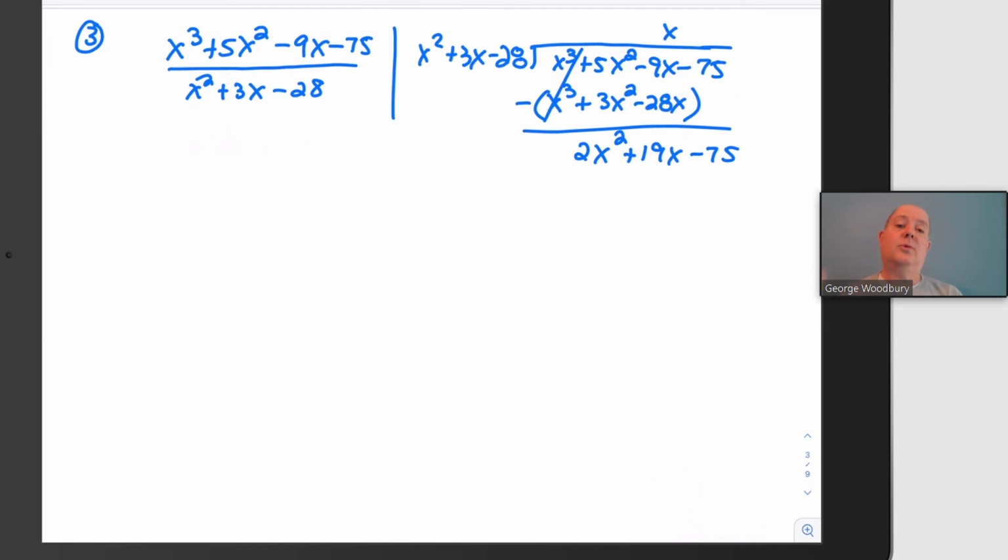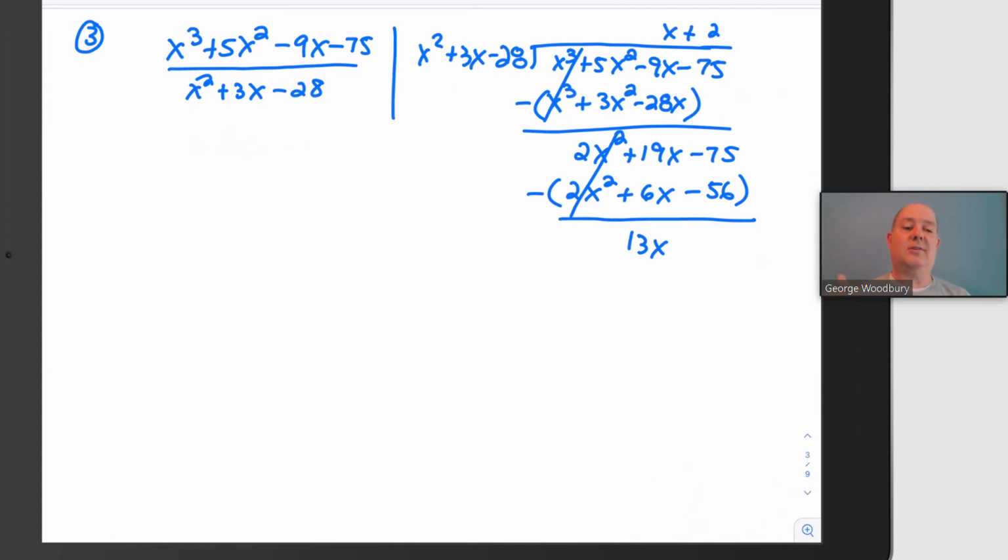Now we'll do it again. What do we multiply x squared by to get 2x squared? Plus 2. Multiply: 2x squared plus 6x minus 56. Subtract. 2x squared minus 2x squared is 0. 19x minus 6x, that's 13x. Negative 75 minus negative 56, or negative 75 plus 56, that's minus 19. So this rational expression is actually equal to x plus 2